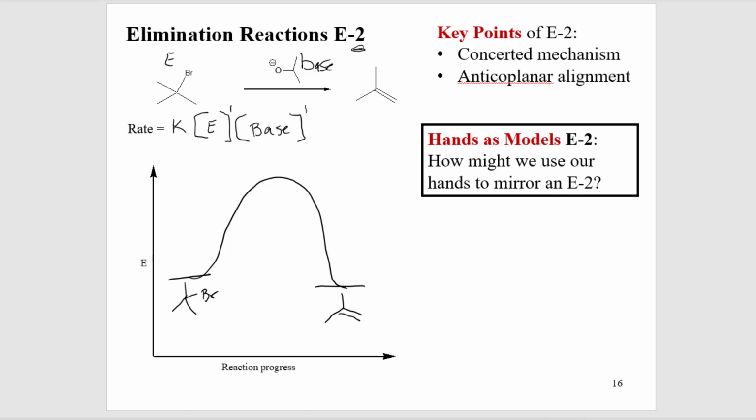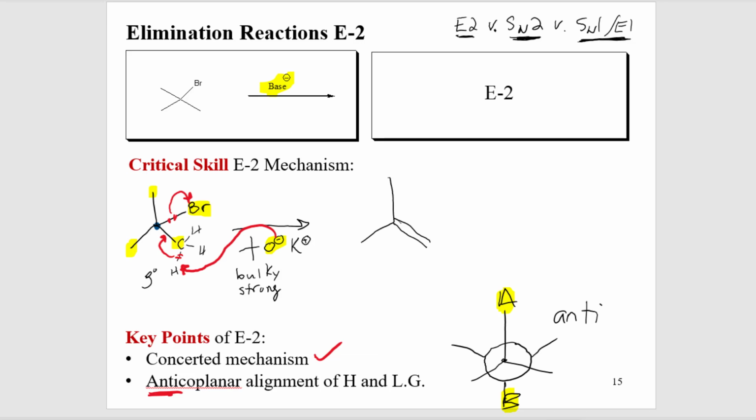How does this look, or how can we model this with our hands? Well, the way that we do it in ASL takes into account one of the more important aspects of the E2, which I'm going to talk about. And you'll see this reflected in the models with our hands. And that is the anti-coplanar, the anti-nature of the leaving group and the hydrogen. And we can actually model this with our hands. So what this means is that the leaving group and the hydrogen have to be anti to each other on those adjacent carbons. And since that's the only way that this one and done transition state can occur, things have